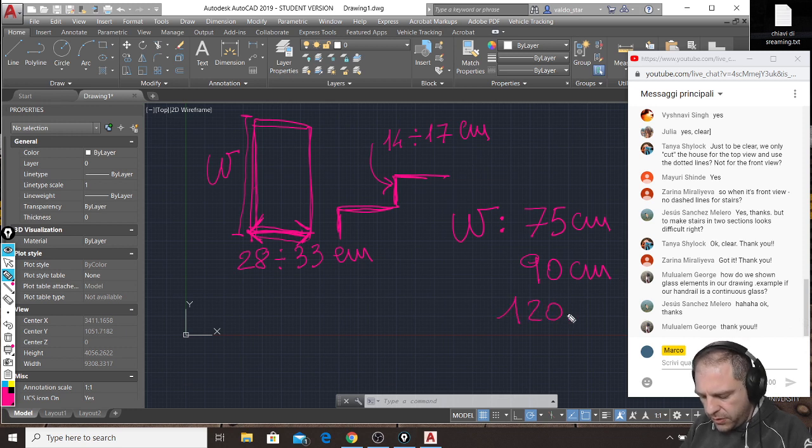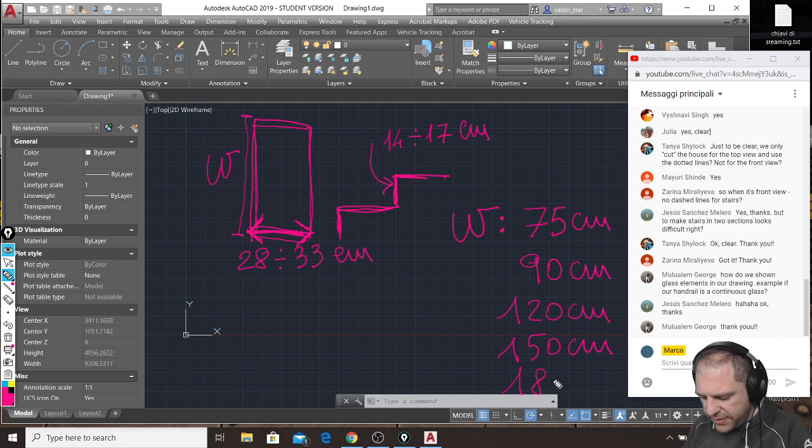So then there are 120, 150 centimeters wide staircases. In general, it is hard to find staircases that are larger than these,